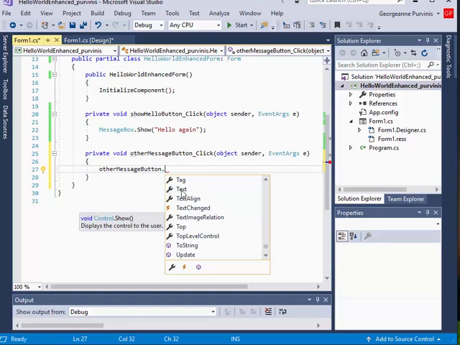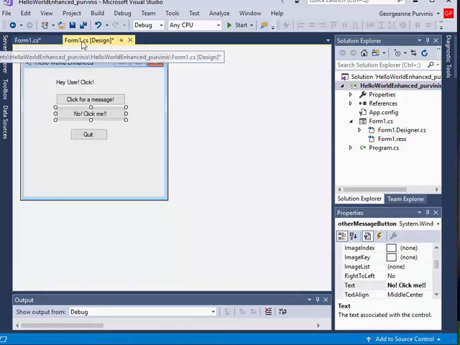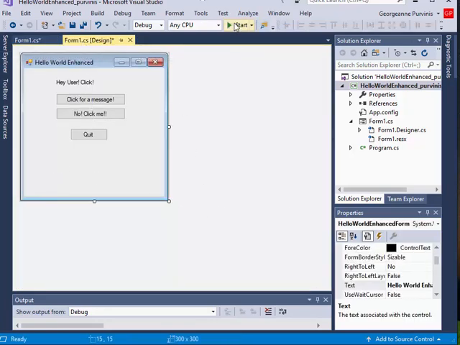So the other message button dot text, I'm going to change its text property, and I'm going to say it equals, put a string, this is called a string literal, inside double quotes: you picked a good choice. Oh, and I have a red squiggle right there. That means I forgot something. It'll tell me what I forgot. It's the semicolon that I forgot. There it is. So, now if I run the program,